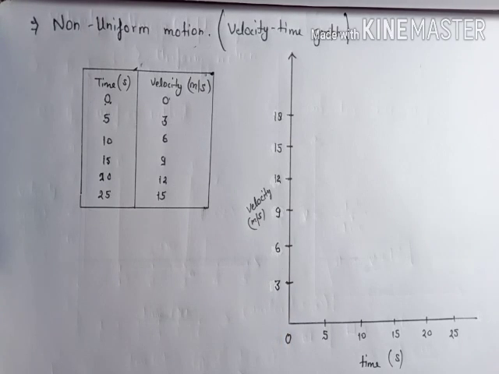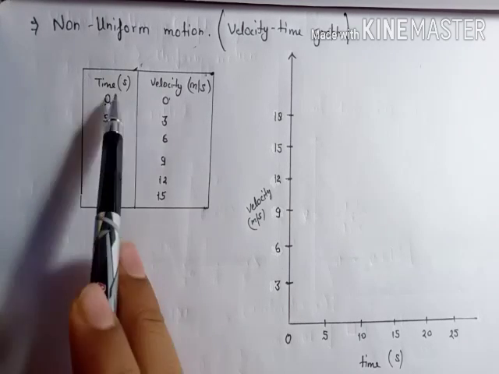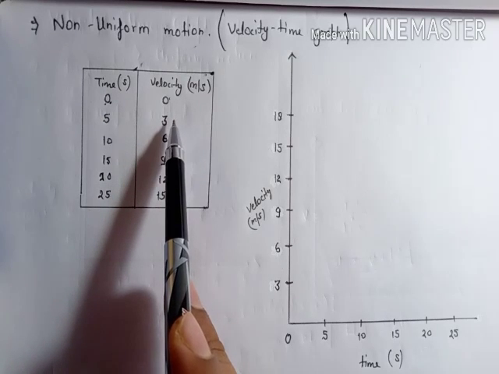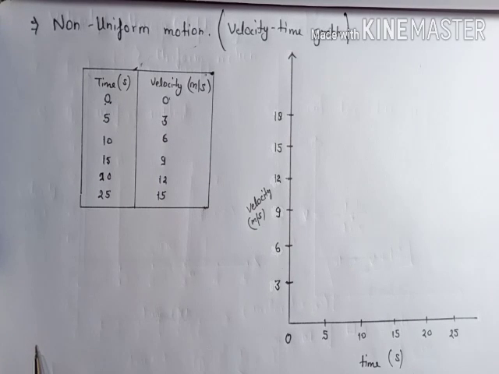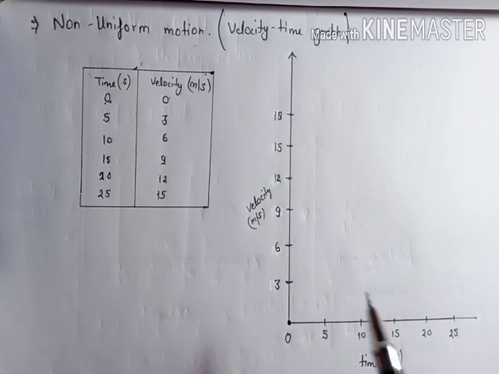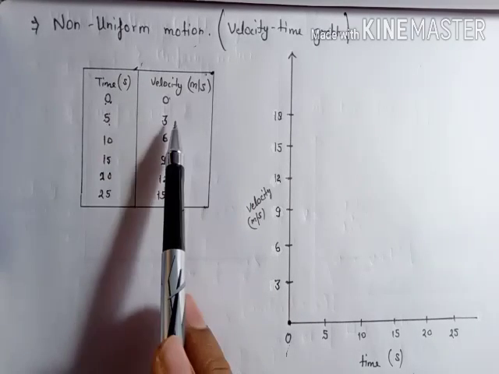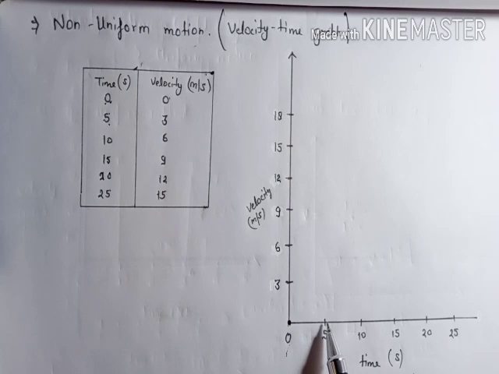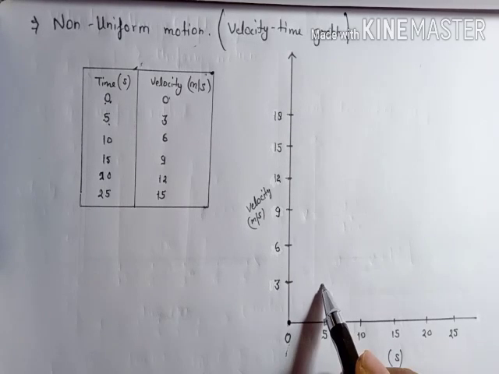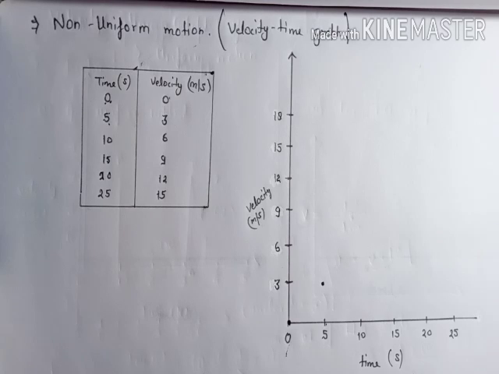And after 5 seconds, when you accelerated that, when you provided some motion or forced it, it gains the velocity of 3 meter per second. So in time 5 seconds, it gains the velocity 3 meter per second. In this graph, this is time, this is velocity, and for timing 0, we are here. After 5 seconds, our velocity is 3. So this is the point which represents that. And after 10 seconds, velocity is 6.